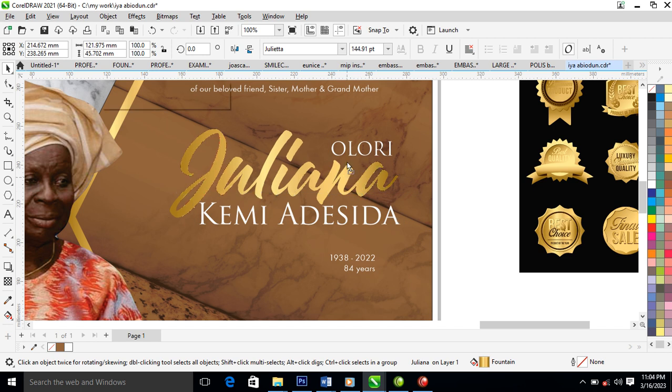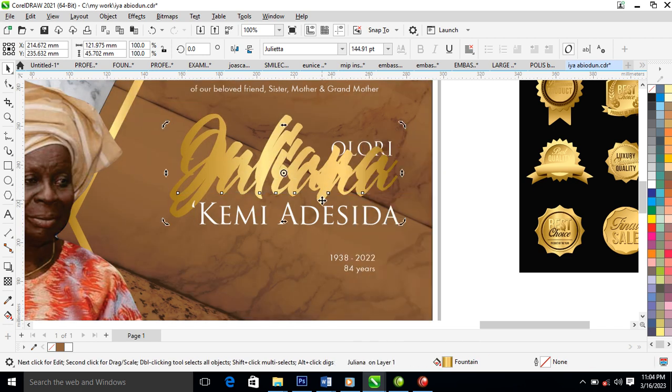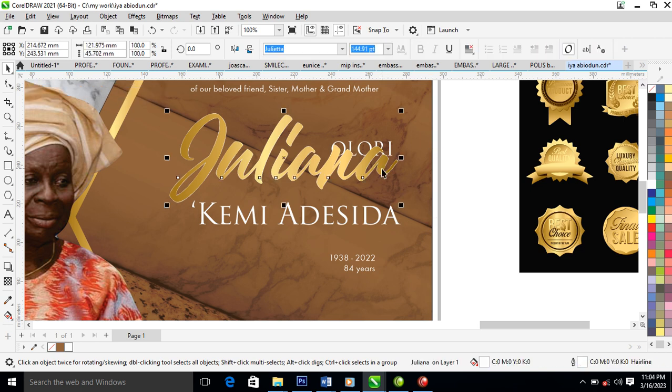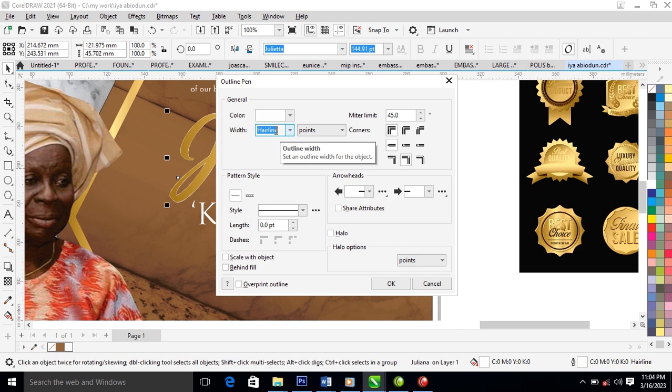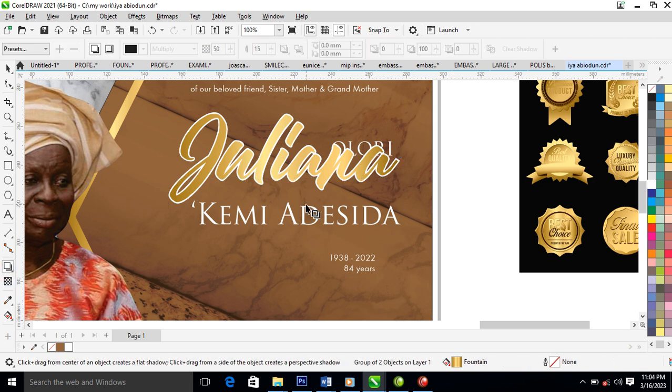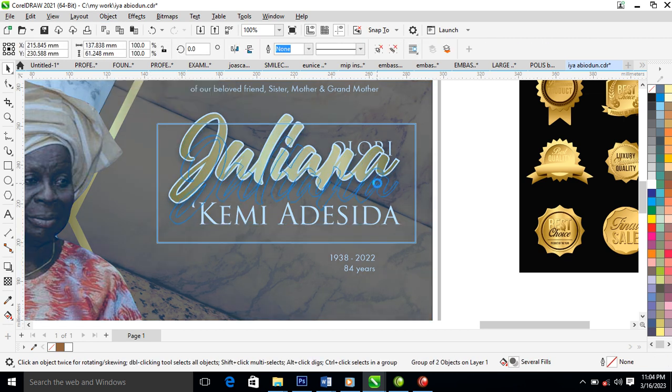Go ahead and make a copy of this Juliana. So let's change the down one to white, set the outline to white, then you center it within that. So let's go ahead and hit F12, changing the outline to 4. Good. So right now what we're going to do is go to your drop shadow, give it a drop shadow. Good. After that, go to your object, locate break drop shadow, break it into pieces, group it all up again, then you position